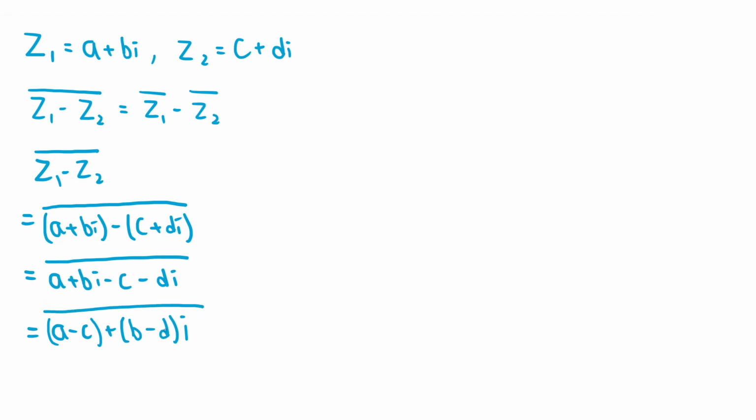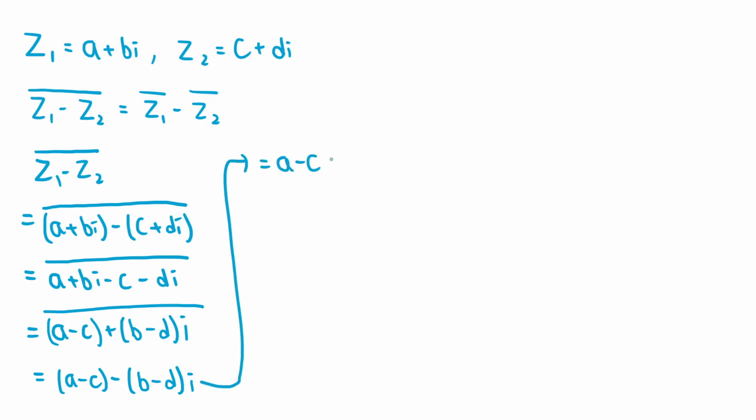And if we take the conjugate of this expression, the plus sign before the imaginary part becomes a negative sign. So this is just equal to a minus c minus parentheses b minus d times i. If we expand out this expression again, we can rewrite this as a minus c minus bi plus di, and we can group up the terms and rewrite this as a minus bi plus negative c plus di. If we factor out a negative 1 out of the second parentheses, we can rewrite the expression as a minus